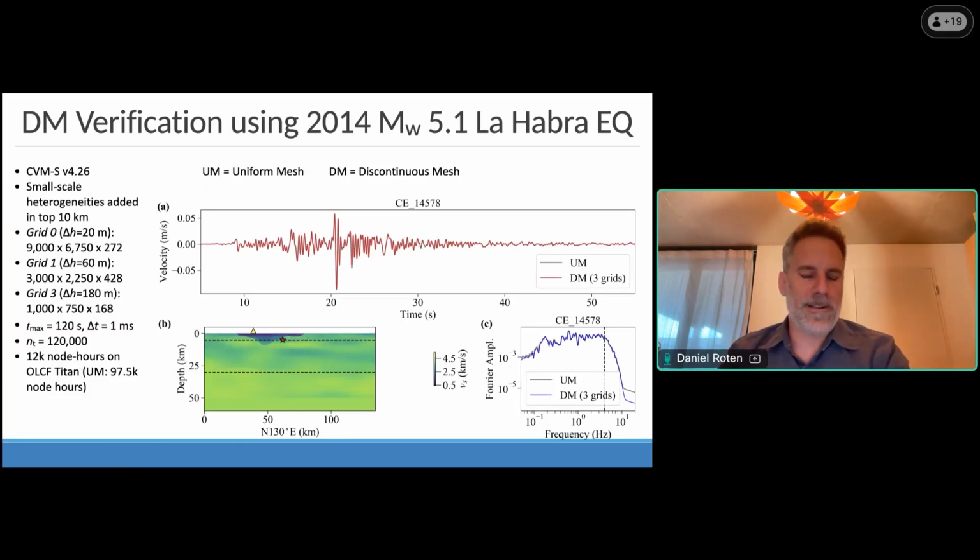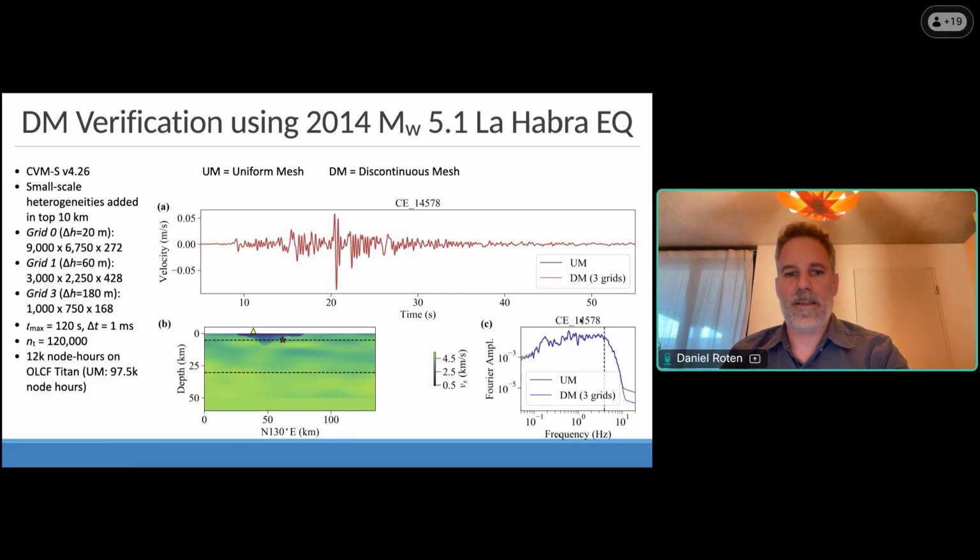In our method, the mesh size increases by a factor of 3, and there is a transition zone with well-defined arrangements of grids and routines that takes the wave field from one grid and translates it to the coarser mesh below. One challenge with these discontinuous meshes is numerical stability. We experimented with different filters, and we managed to get that stable using a 3-dimensional Lanczos filter.